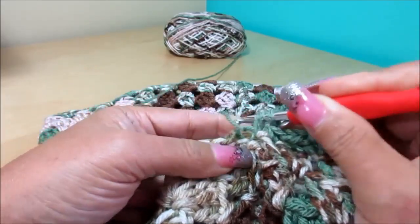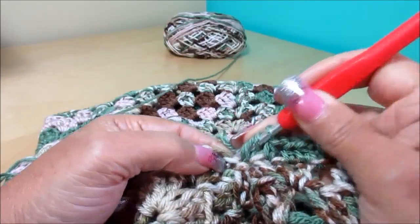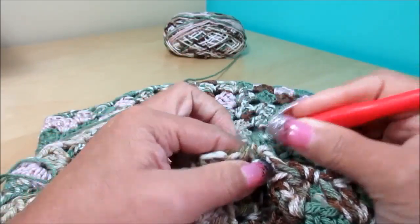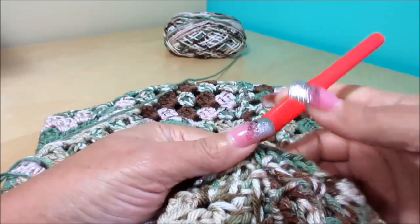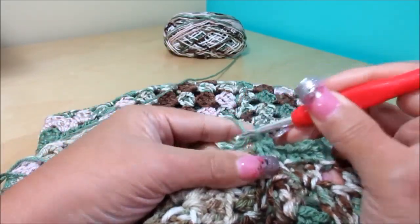I forgot to do the yarn over. Yarn over, I have 4 loops. You pass it through, you have 5, and you pass it through those 5, and you did a decrease there in the corner. So you're gonna continue doing